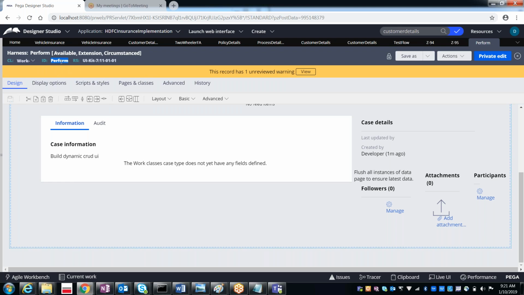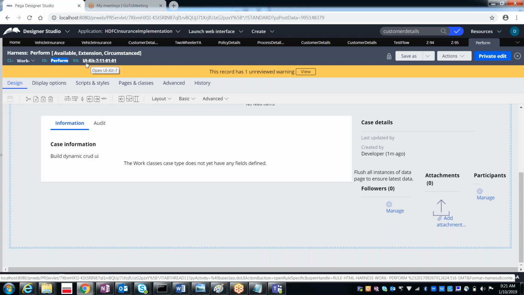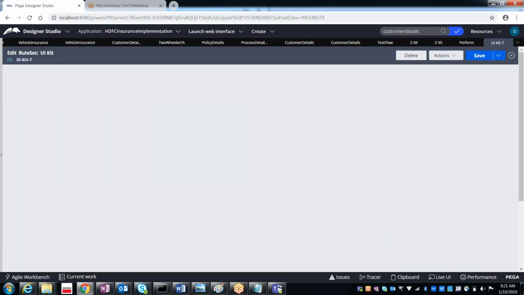It's the default OOTB harness, right? Yes, because it is there in the UI-kit rule set. Is it created by us? No, that is also the Pega rule set. In the Pega rule set, you cannot make any changes. Those rule sets are locked by Pega. We don't have any other open versions to make the changes.